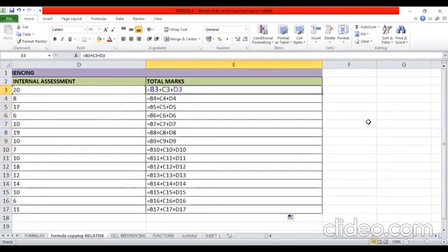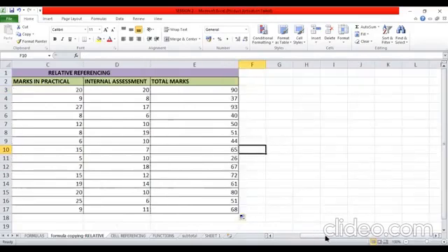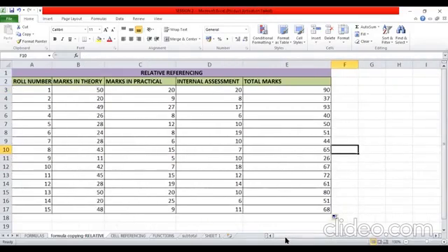It has understood that I am trying to add the column B, C and D values in the third row. Then it has changed the column B, C and D values to the next row number when I have copied the formula. This kind of copying of cells, where my cell references are automatically adjusted on copying the formula down the column or across the row, is called relative referencing. This is called relative referencing.